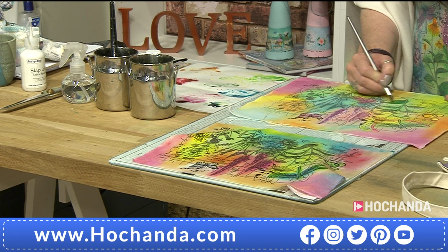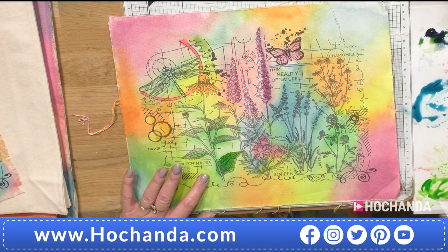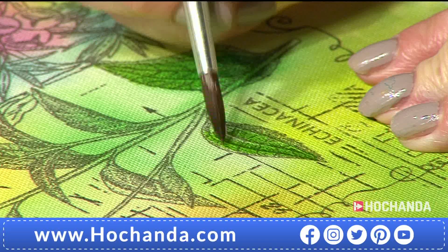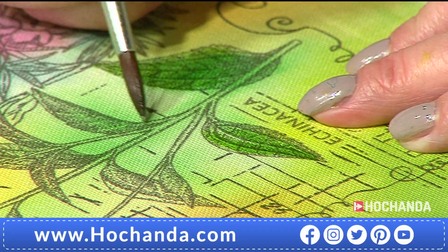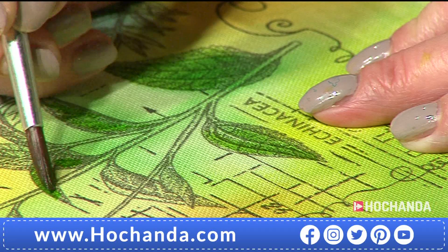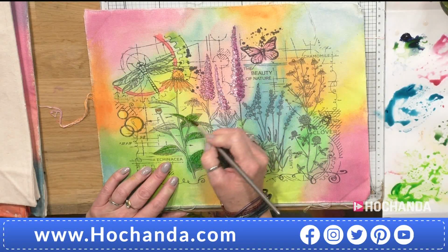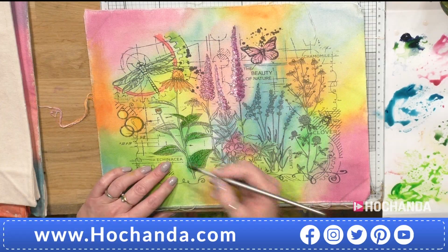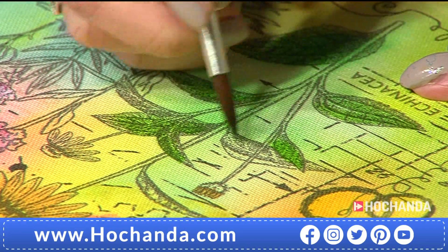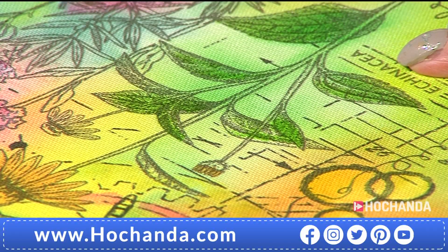So this time it's dry on the background, so it's not going to actually run anywhere, and you can just touch up different areas and highlight areas if you want to, and just sit back and relax and just take your time doing this. You know, put it away for a bit, come back the next day, or you can just sit